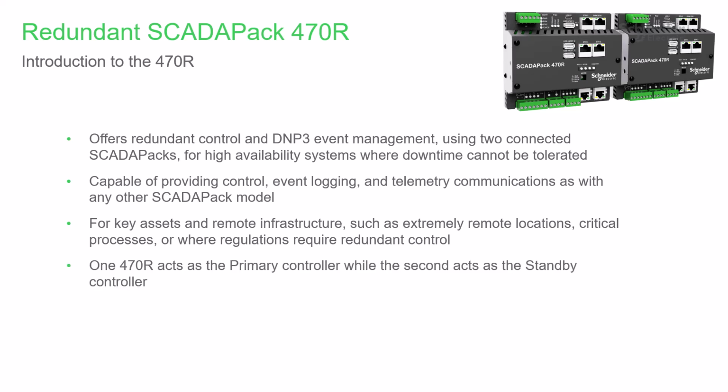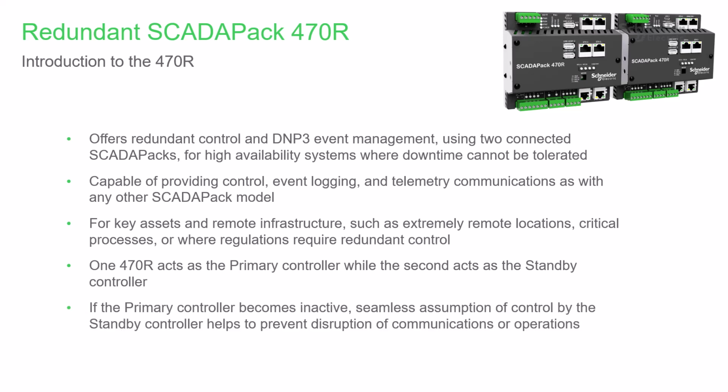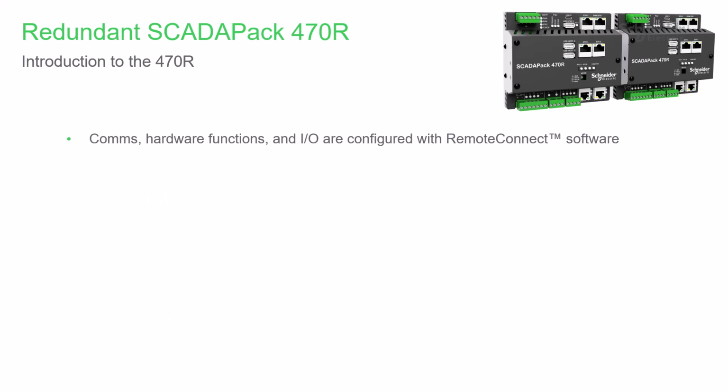One 470R acts as the primary controller, while the second acts as the standby controller. If the primary controller becomes inactive, 470R provides seamless assumption of control by the standby unit, helping to prevent disruption of communications or operations. SCADAPack 470R communications, hardware functions, and I/O are configured with the Remote Connect software tool, and